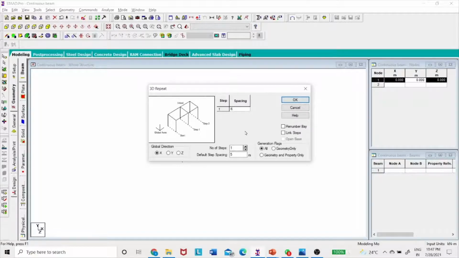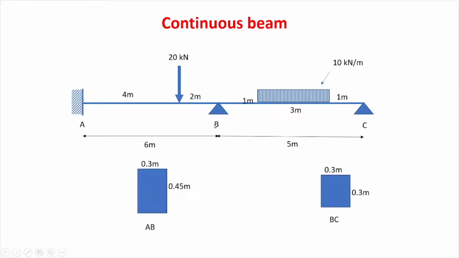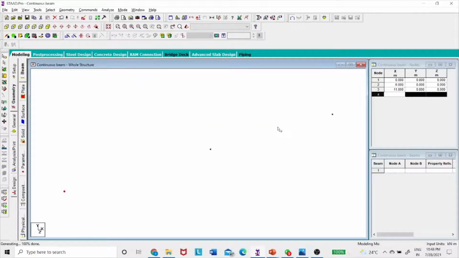And here you can add one more step also, because in the same direction after 6 meters, from B to C there is 5 meters. So I can increase the step here, and the second one is 5 meters, then I press OK.